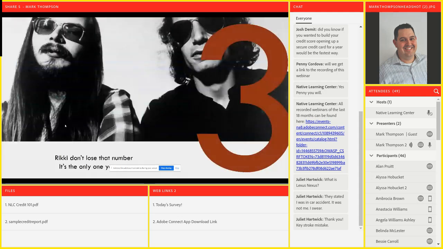Now, here's a section that a lot of people really like, right? If you guys don't know who this is, the legendary jazz rock band, Steely Dan. This is for their big #1 hit, Ricky Don't Lose That Number. It's the only one you own. I think it's a great placeholder for the credit score, right? Because the credit score is very valuable. Oh, and I see down here in my sharing, it's hiding it, but that's what it says. It's the only one you own.